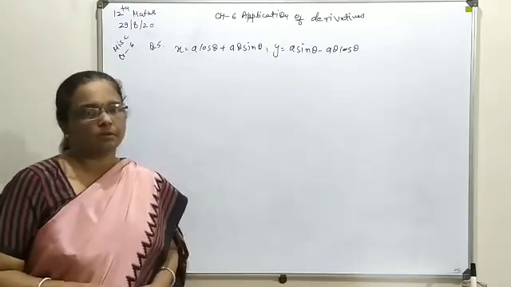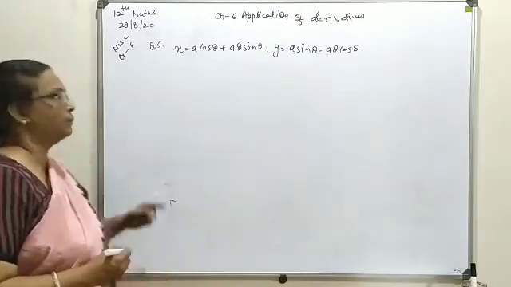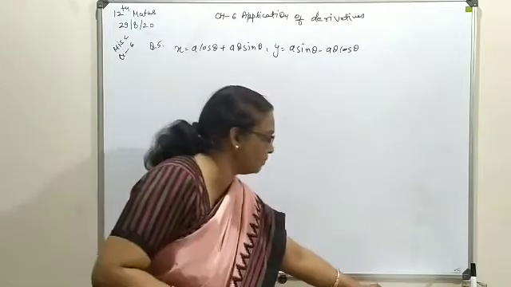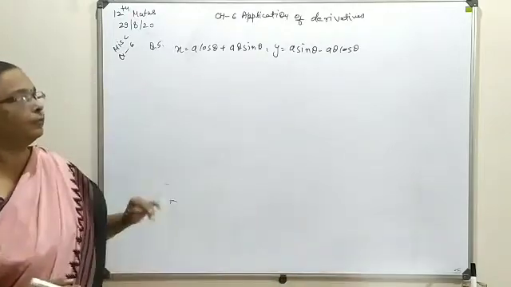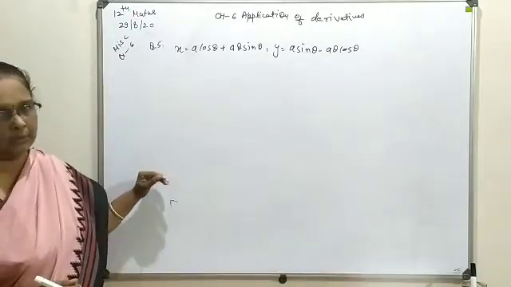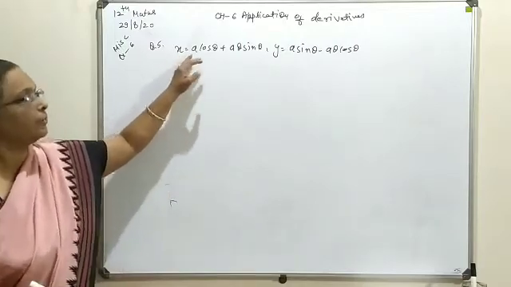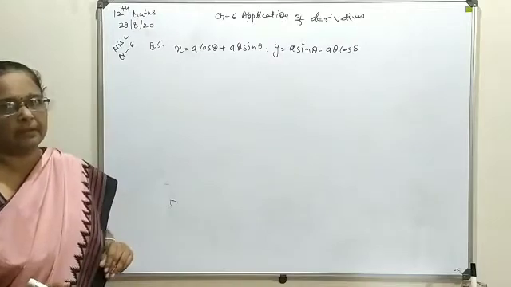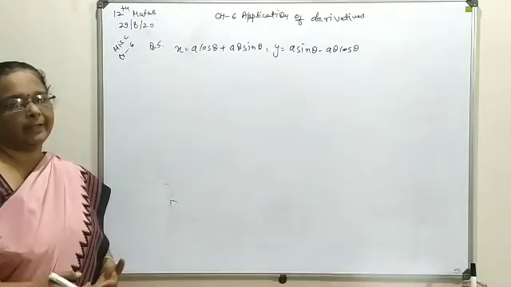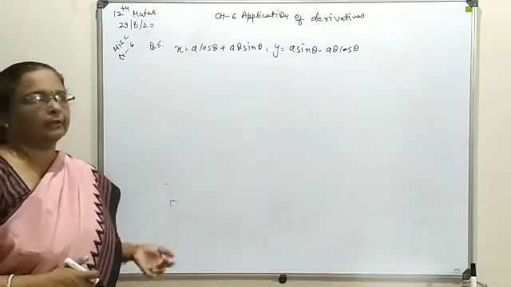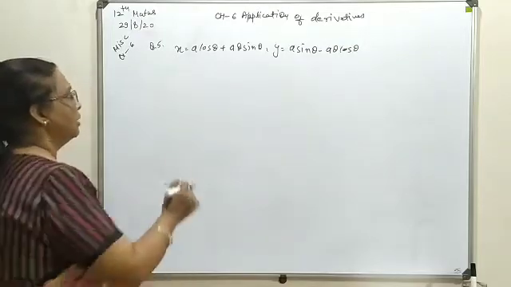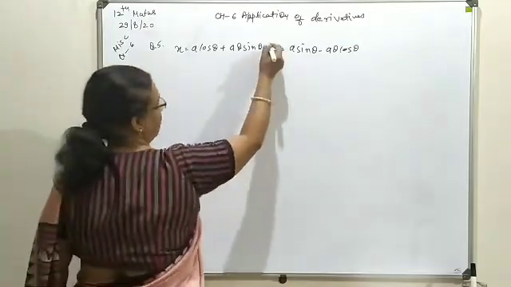So this is also one of the important questions. So first of all, your first step is to find out the slope of the normal, and in order to do that first we will find out dx by d theta and dy by d theta, divide them and find out the slope of the tangent, and then you write the slope of the normal. So first of all, we start with x,